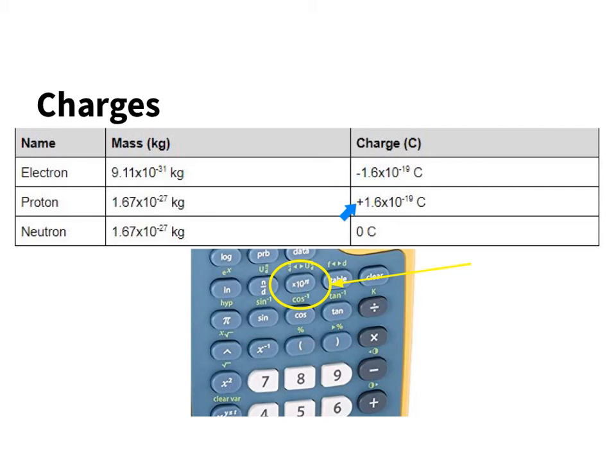Electrons negative, protons positive. And the reason why they have the same identical charge is, think about the simplest atom we can have, which is hydrogen, which would have one proton and one electron. In order for that electron to stay in orbit around the proton, it's got to have that same amount of charge, kind of like gravity, pulling on each other to keep them in orbit. The only difference on why the proton doesn't move is because it's much more massive than